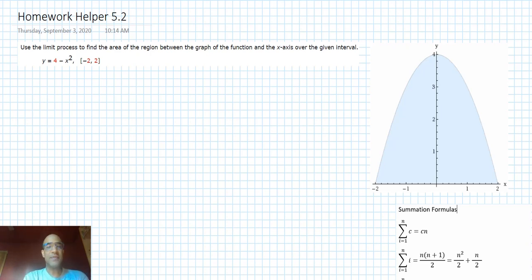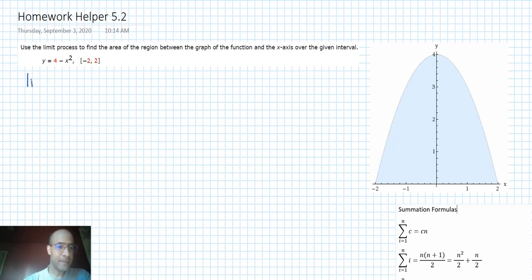So this is the more tedious way. This is the derivation of the methods that we use, and then there's going to be an easier way, some shortcuts, later on. So just keep that in mind. We're going to struggle through this limit definition, and then we'll find some easier ways to do these problems a little while later in the chapter. But what we're doing here is using the limit process to find the area under a curve, and the limit that we use for that is